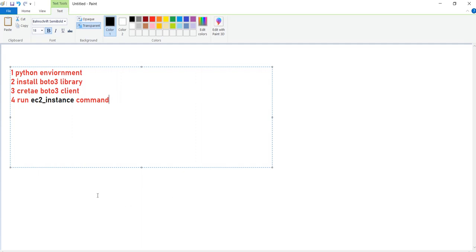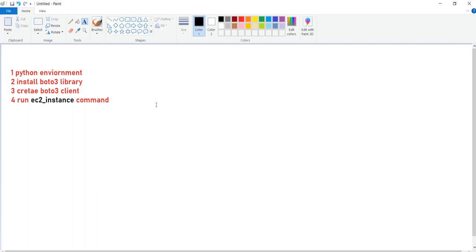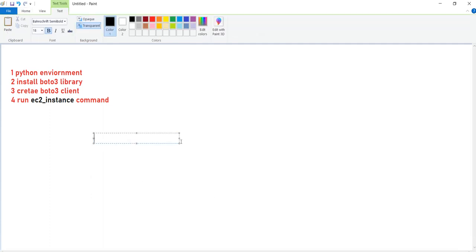Before moving ahead, we need to keep something in mind. We need to specify which service we need to use using the Boto 3 client. After that, in which region I want to create that service.